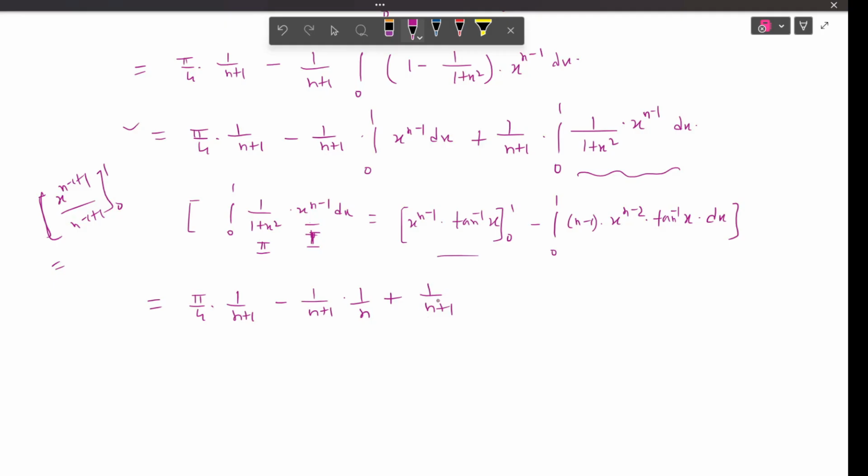So 1 by n plus 1 is multiplied with this whole term, right? So 1 by n plus 1 of this thing. If you put 1, you will get pi by 4. And if you put 0, tan inverse 0 is 0. So minus this n minus 1 will go outside. N minus 1 by n plus 1 into integration 0 to 1 x to the power n minus 2 tan inverse x dx,